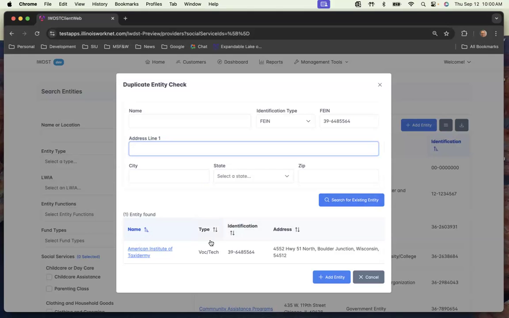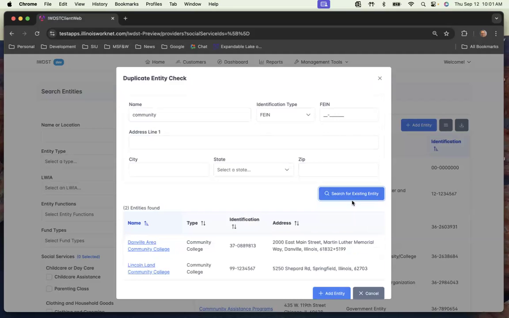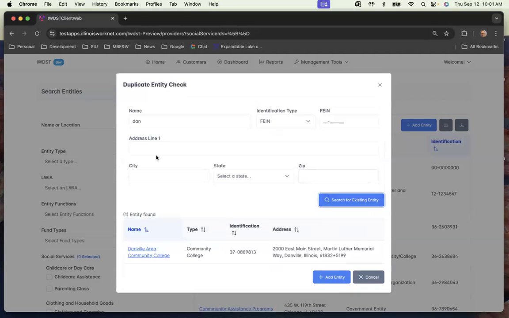And you can search and then it will try to find that. If you don't want that, for example, and we want to go with community, okay, and we search, then it's given everything that has community in the name. If you go with Dan, they gave Danville. If you go with Lincoln, it found Lincoln land. Okay, so obviously,